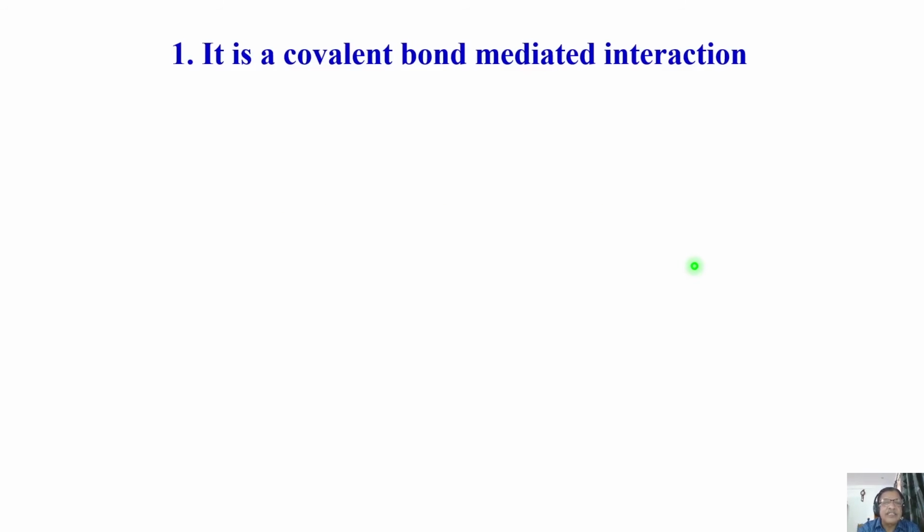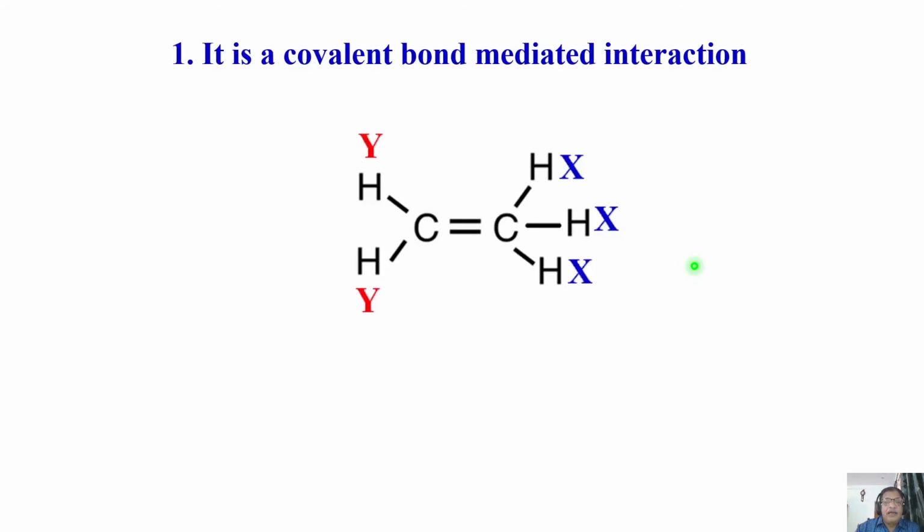First, as I just discussed, it is a covalent bond mediated interaction. The spin polarization of one of the protons will go to the other spin which is interacting with it only through covalent bond. Let us take this molecule as an example. I have a CH2 group and a CH3 group. Don't go into the details of the molecular structure, whether valency is matching and all those things. I am not worried about that. I just wanted to show you something.